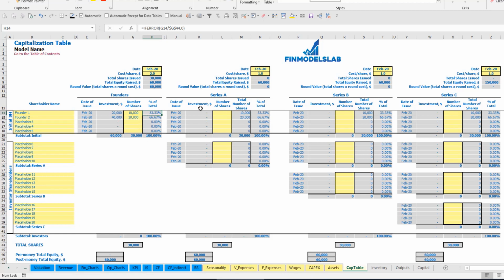67% of shares. So let's pretend that for Series A we have one investor and the date of issuance is May, cost per share is $5 per share and number of shares is 1000. So total amount of investment will be $5,000. You may see that before the Series A total equity was $60,000, after is $65,000, and investor 1 will have 3.23% of shares, and the shares of founder 1 and founder 2 also diluted, 32.26 and